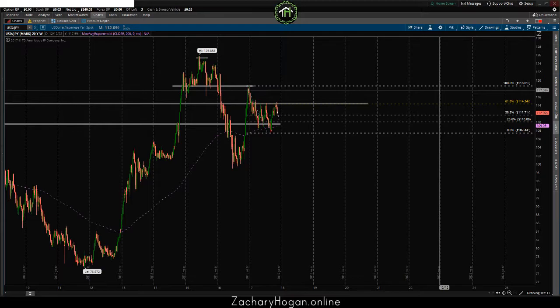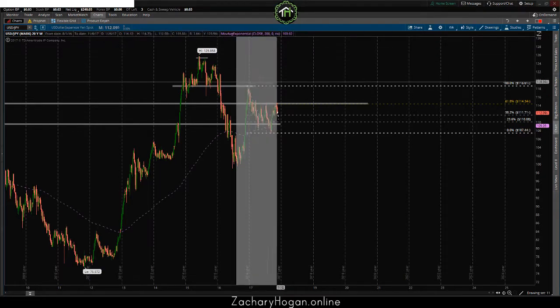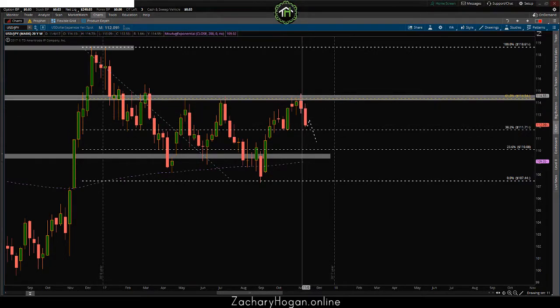Coming back to the weekly, we can see just how much bearish activity has been occurring. And with this strong rejection off of the 61.8, let's just look at this from a historical standpoint. The first time we rejected off of it over here, we did see price trade all the way back down to that 200 EMA. We gapped up, came back, tapped it again, traded down to that 200 EMA. Once again, time number 3, we came up, tapped it, traded down, and actually broke the 200 EMA, pushed into the lowest point that we've been in the 2017 year,